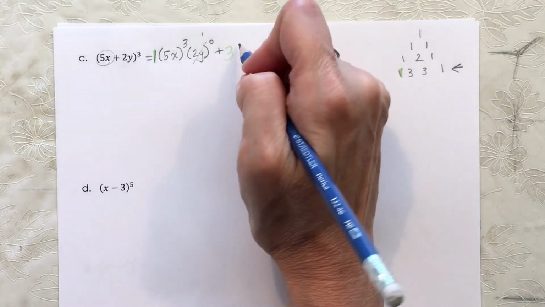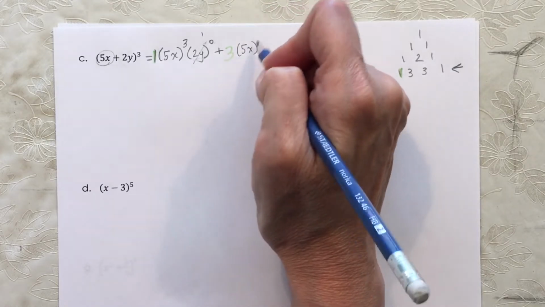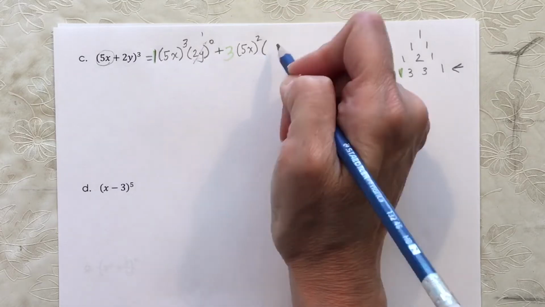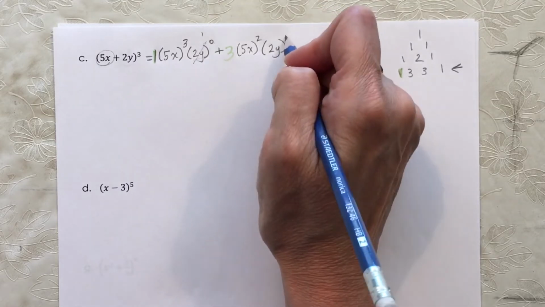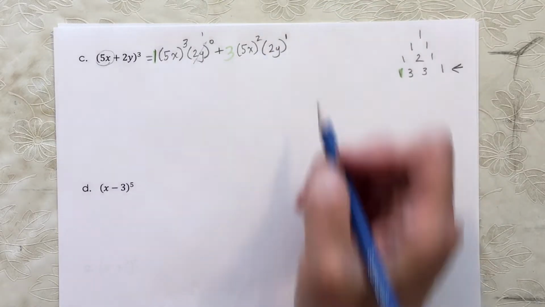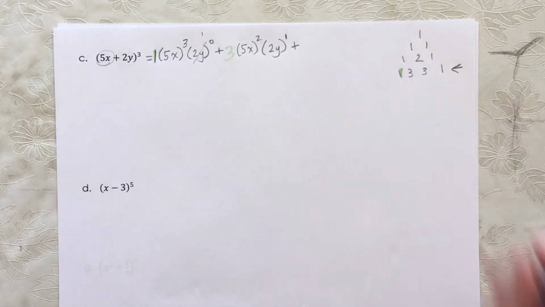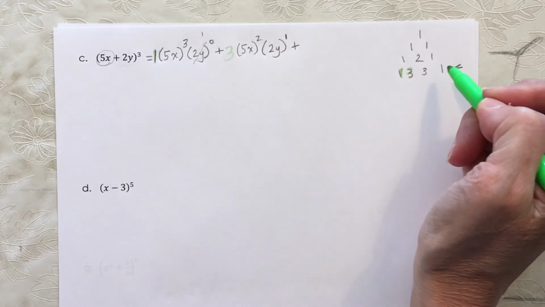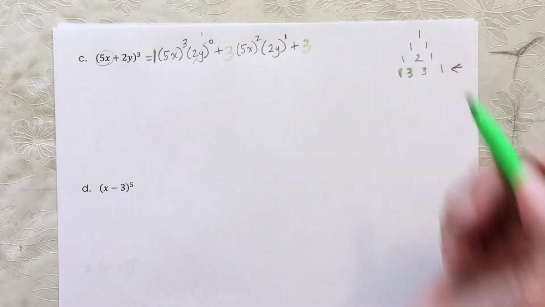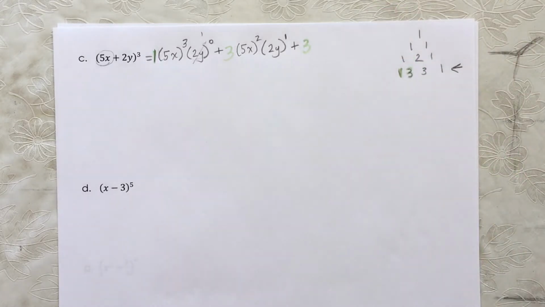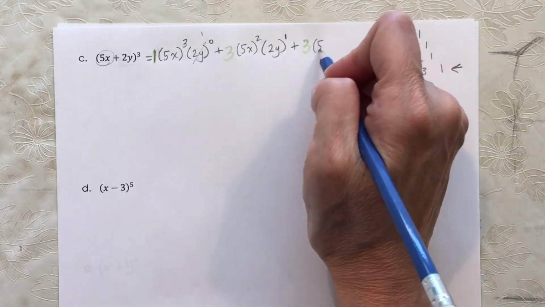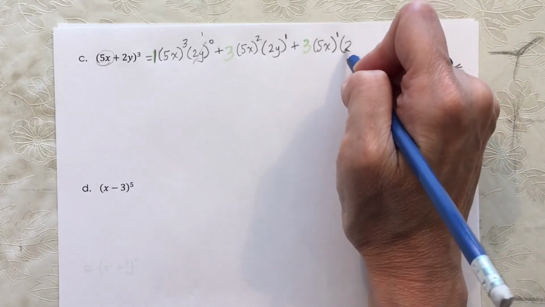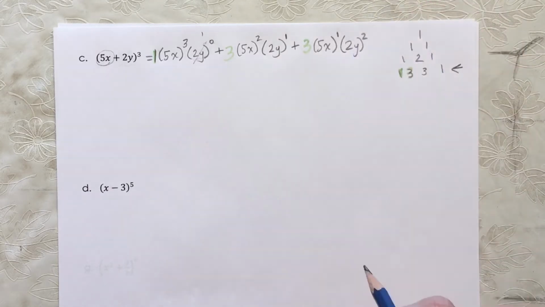And then it's going to be (5x) squared, so the power reduces by 1, times (2y) to the 1. Plus, so I've done the first two numbers in Pascal's triangle, row 3, 3 again, (5x) to the 1, (2y) to the 2,